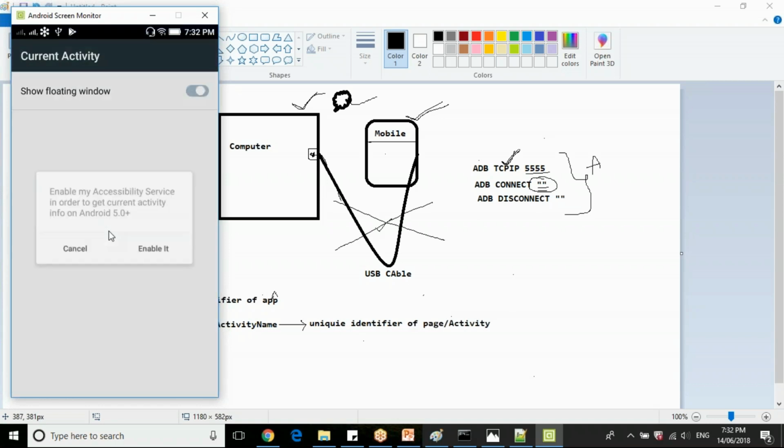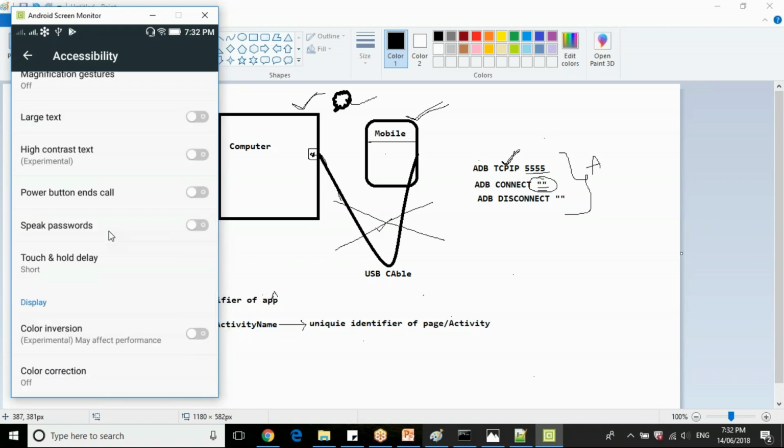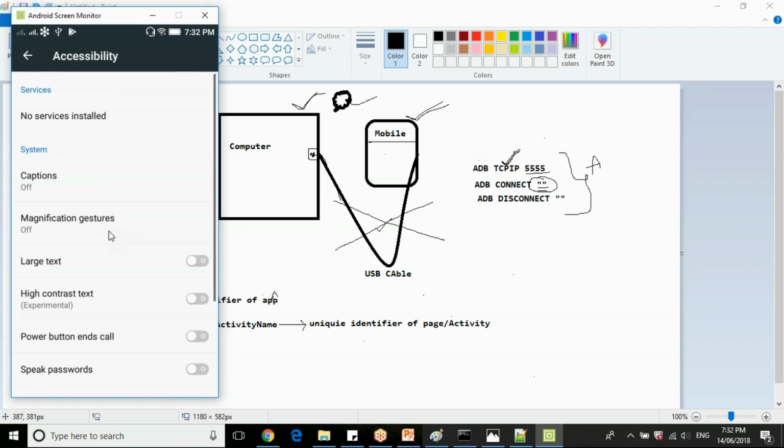So I'm just using the current activity application which is downloaded from Play Store. I will show you this, guys. So just give a sec here.